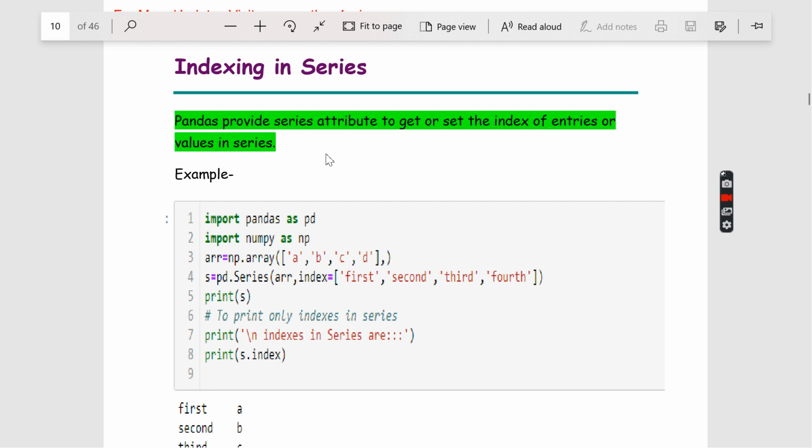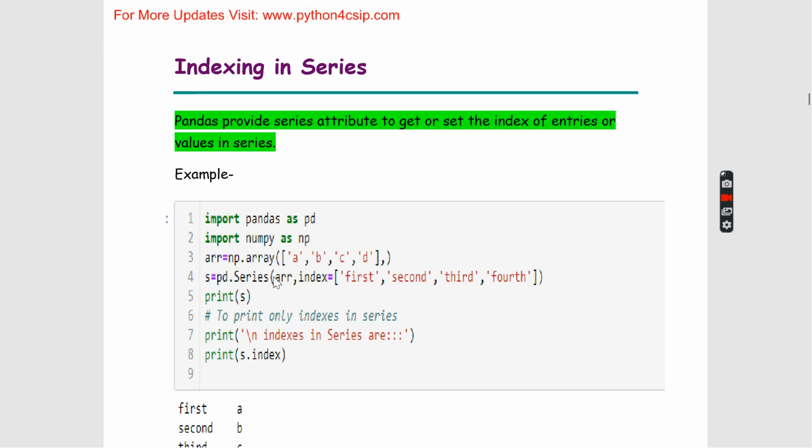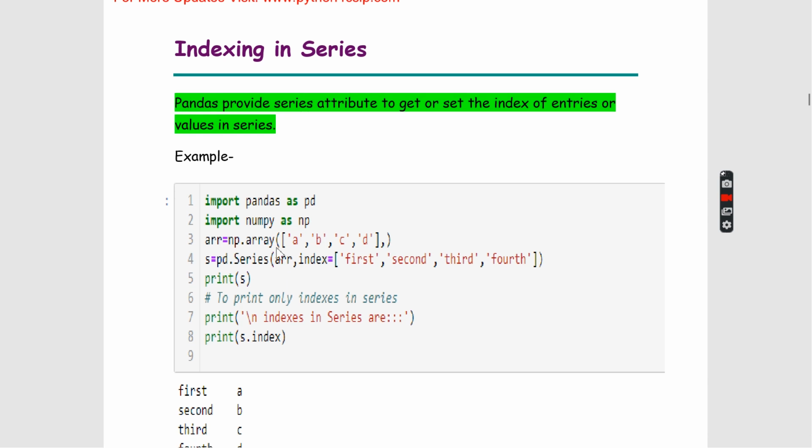Next we are going to see how to pass an index into the series. In the last video we saw how to pass just the array or the listed items, but now we are going to see how to pass the index also.